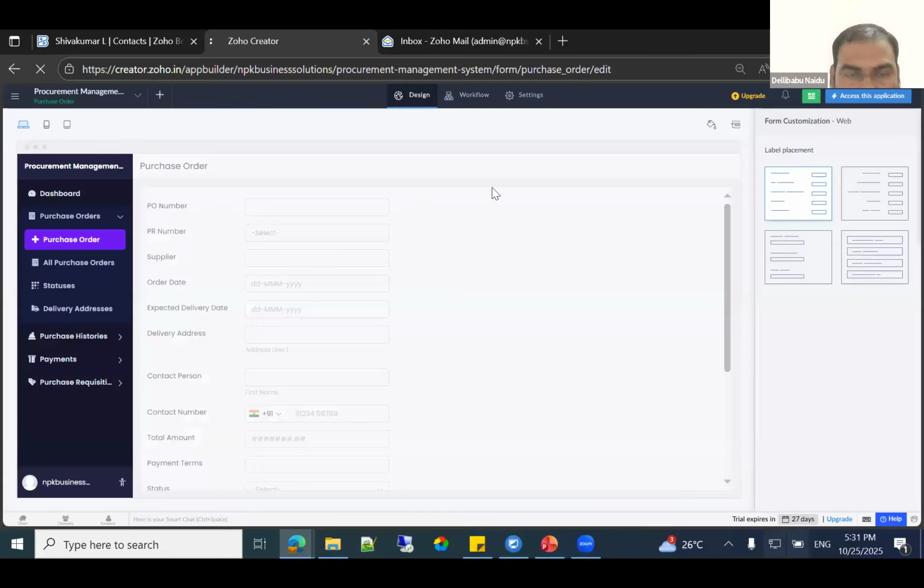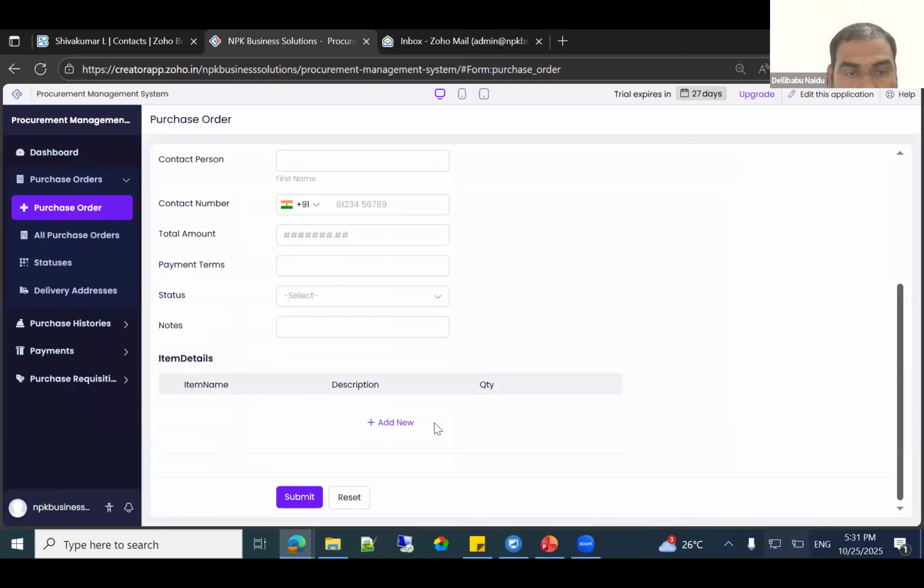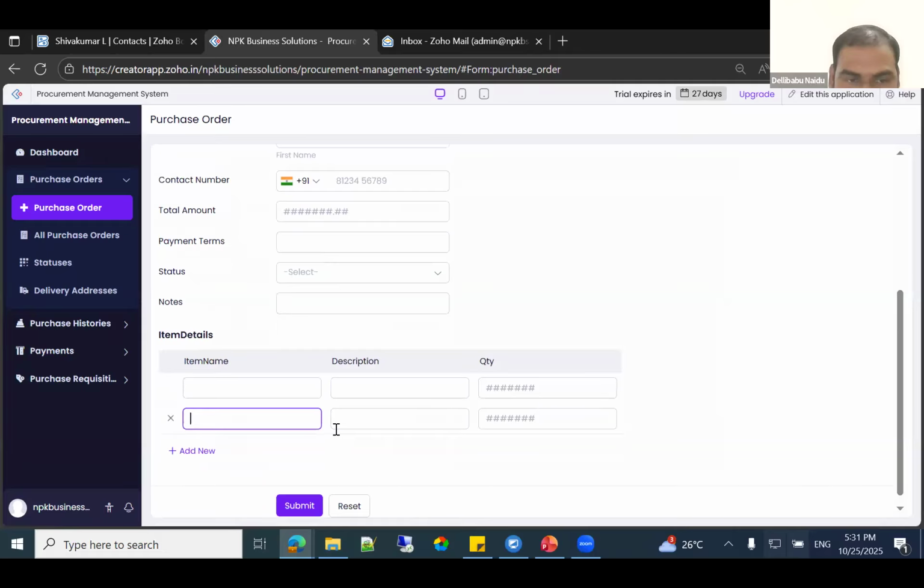Access this application and we'll go and check purchase order with tabular details. Here I can add multiple columns and rows. Maybe if you want to add rate value and some other columns also, we can add it. Just to show this one, I just added it. Here, if you want to add listed fields, we can add listed field also.